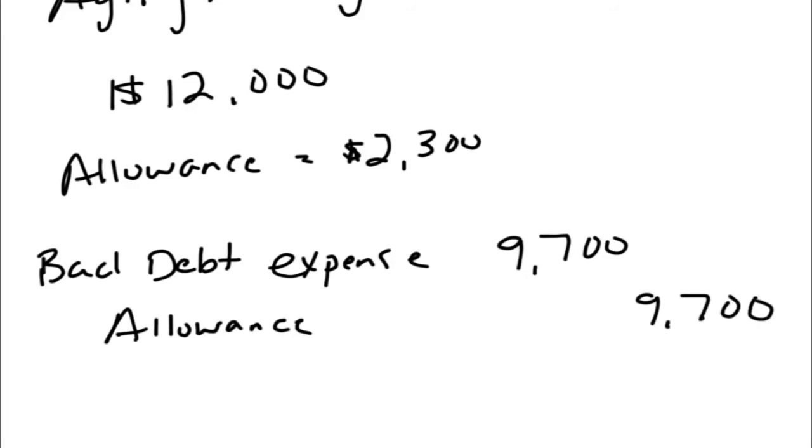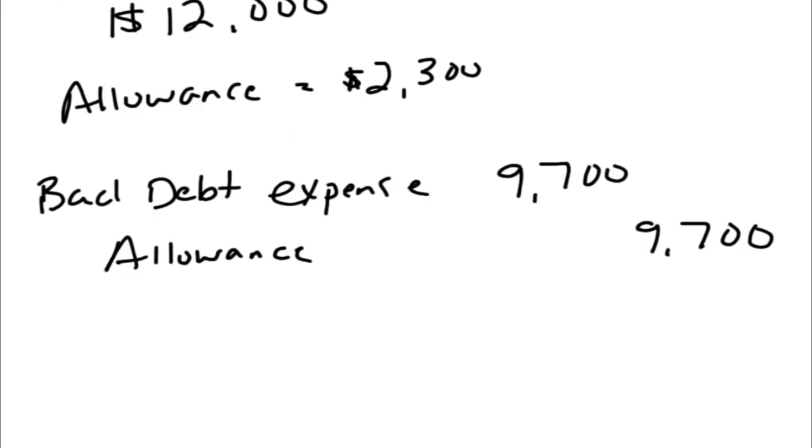Again, the focus here is on the allowance account. So we need it to be $12,000. It's $2,300. We're going to increase it by the $9,700. Now, let me give you another for instance, and this could impact percent of receivables or the aging or analysis of receivables ways to get our entry. What if I told you instead of the allowance account being a $2,300 balance, let's say that the allowance account